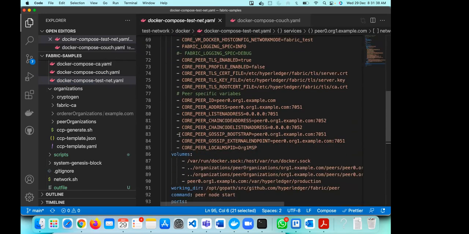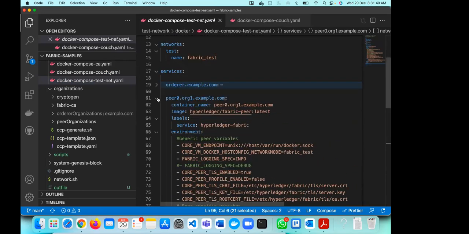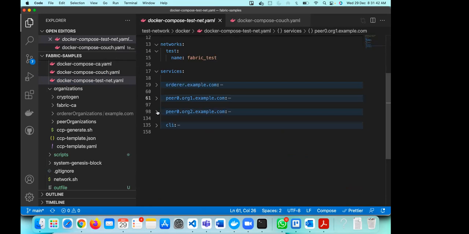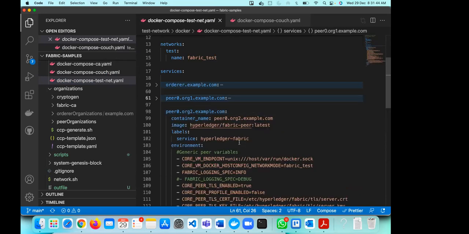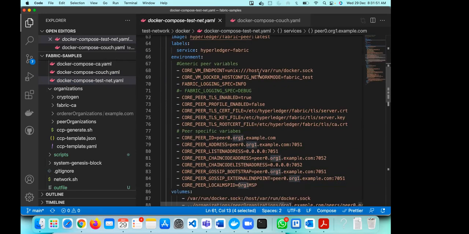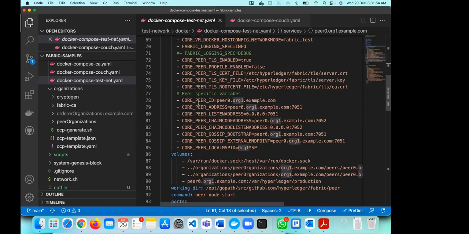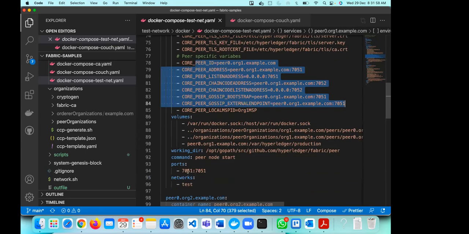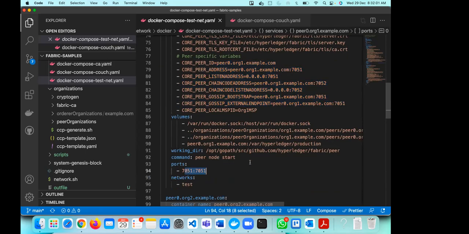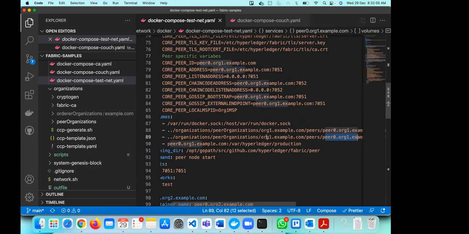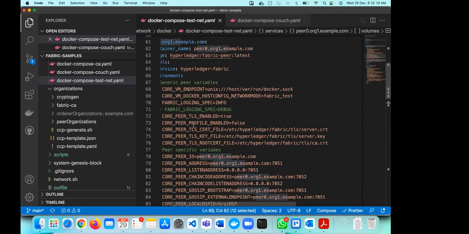Okay. So this peer is clear, right? Peer 0 org 1. So same thing we are doing for peer 0 org 2 also. Or let's say in org 1 only you have a second peer. So basically you have to just put all these configurations. Just change the peer specific variables. Port numbers. That's it. And here also the path. And you will be able to create a second peer configuration,